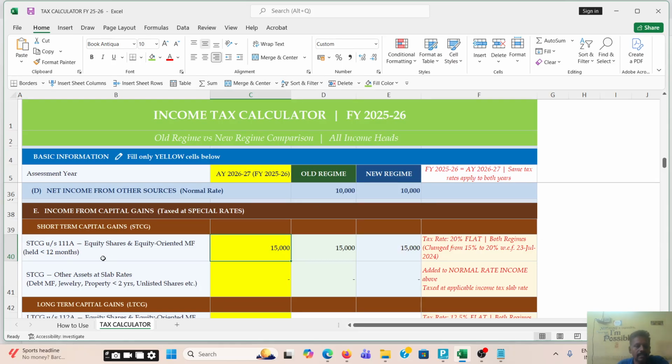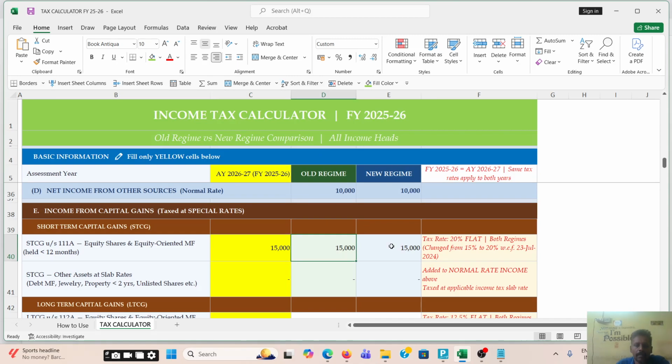If you have STCG, that is short-term capital gain, you just enter the value of profit. Don't enter the turnover. Just enter the exact profit you got from short-term capital gain. So I enter 15,000 here, and it automatically calculates the tax value as per old regime and new regime.